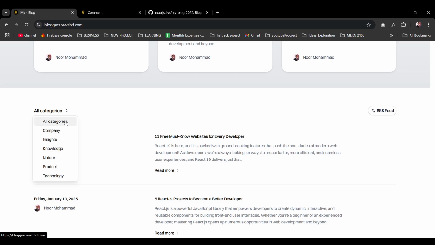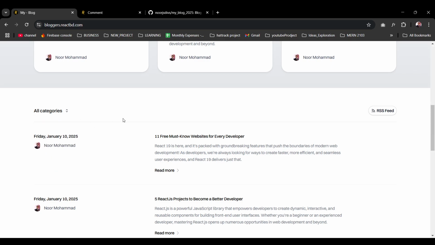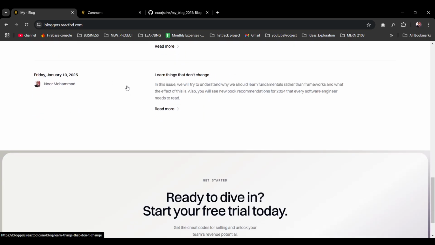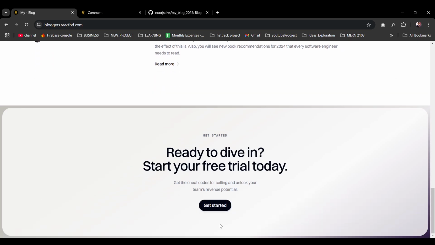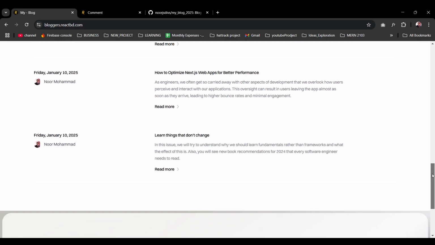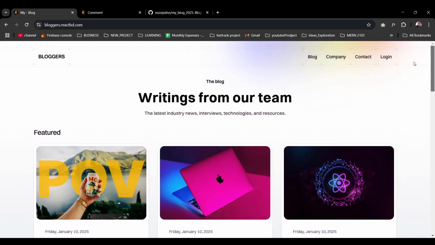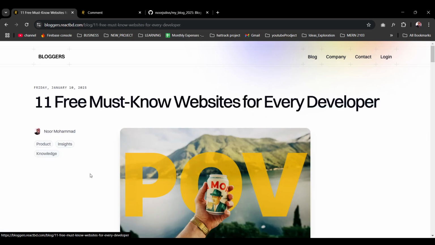so we can get all over the category section here. And right now, as you see, we are just rendering some of the blogs which are required to showcase here. And after that, we also have a footer where we can connect with the audience on how they can follow through. If we now click any single blog, as you see, we are now coming